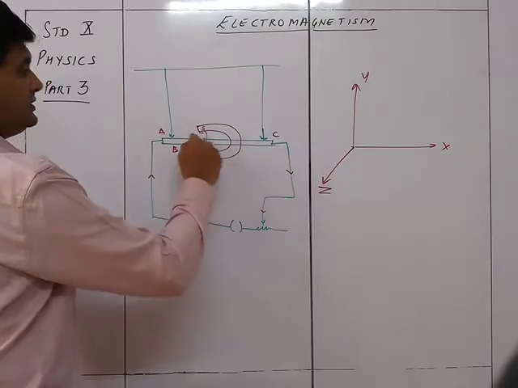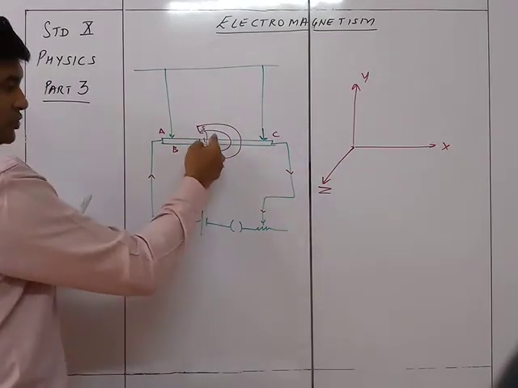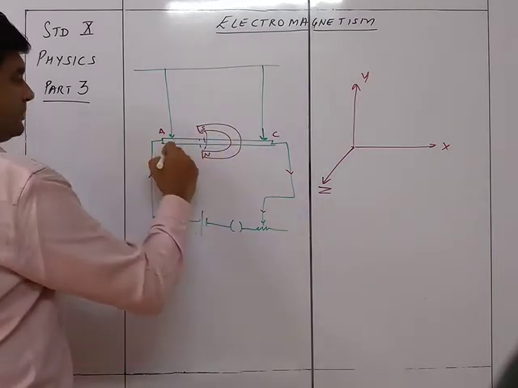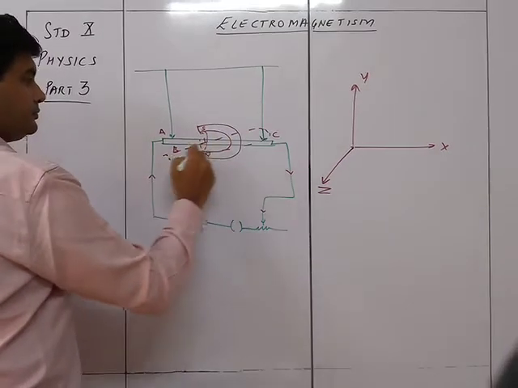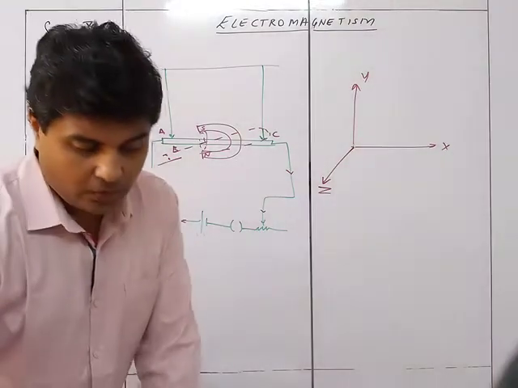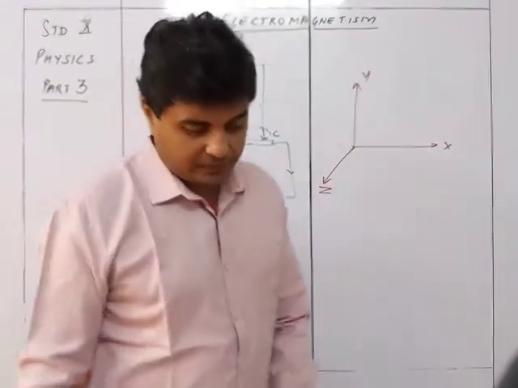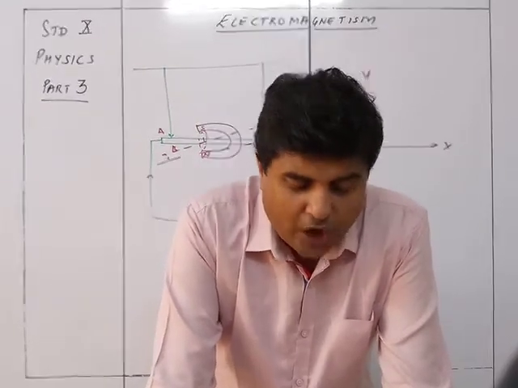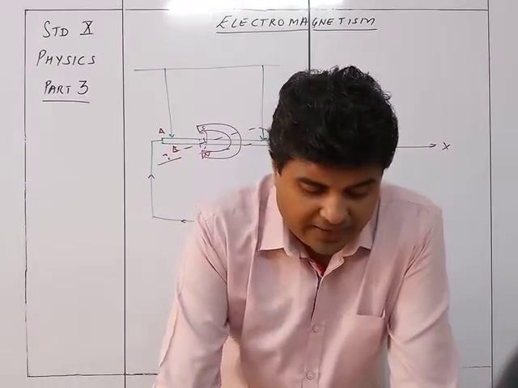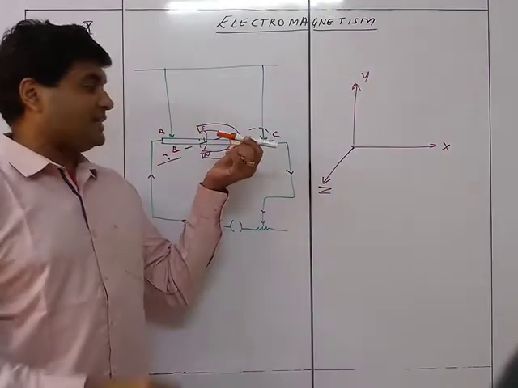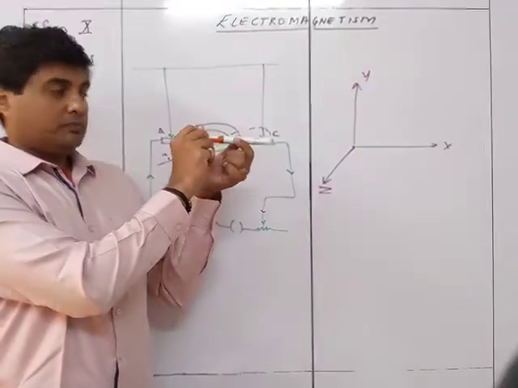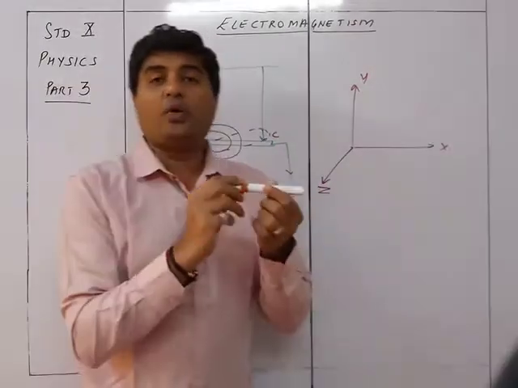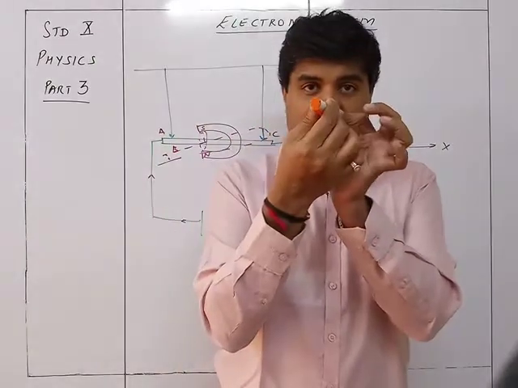So this was here, this was upwards, so this is going to go like this. So there will be a force which will make it go something like this. Okay, the rod is going to deflect. So you can see, due to the force F, the conductor begins to move normal to the plane of the paper in the outward direction. That means it was like this, it is going to go outward. So this is how it will be going in the outward direction, like this.